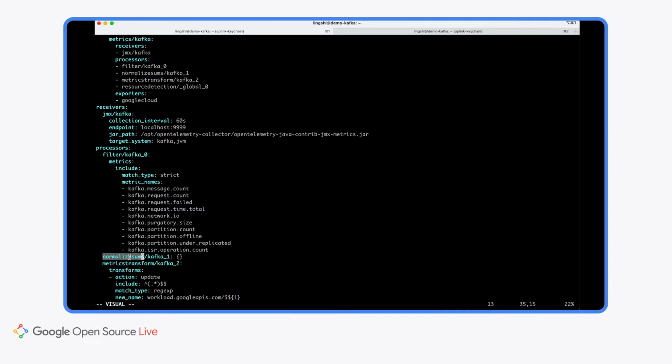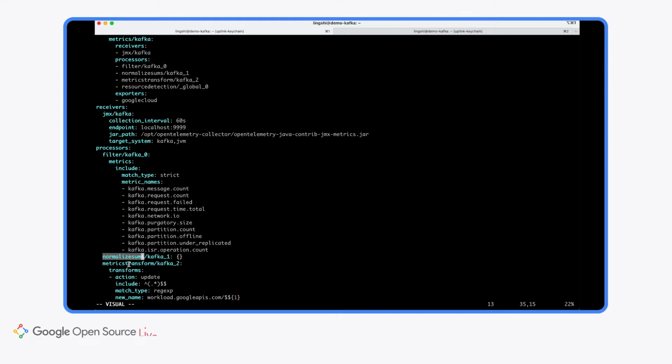This one supports normalization for some metrics where an appropriate start time might not be available. So this processor makes sure it will use the first data point as the start. This processor is required for compatibility with some of the Google Cloud Monitoring backend requirements.